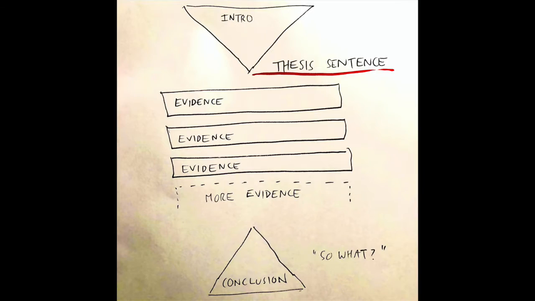So back to the graphic, you want to see that you have at least 3 of those solid individual paragraphs of evidence. If you want, you can have more. That's the kind of ghost box I have there with more evidence in it. If you have 4, that's fine. If you have 5, that's fine. Keep going. Like I said before, each paragraph of evidence adds something to your argument, right? So if you have 5 good pieces of evidence, have 5 paragraphs here in the middle of the essay.